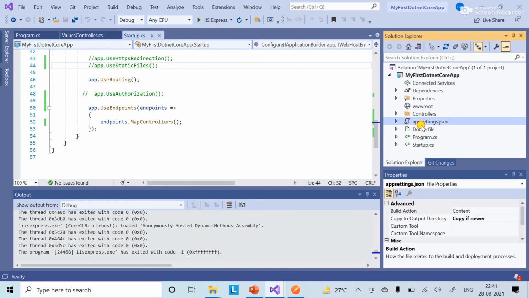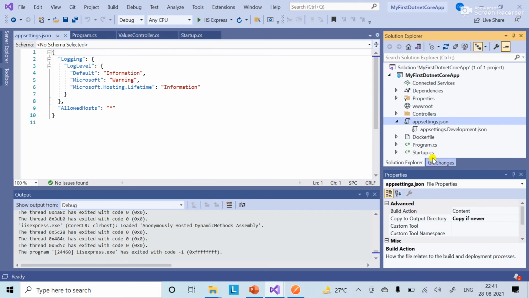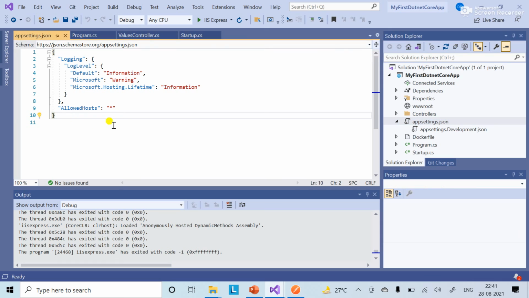Here the most important thing is the appsettings.json file. Like web.config, we don't have it here. Here we have appsettings.json, and this has the logging configuration. Logging is provided by .NET Core out of the box, so we don't have to do anything. We can extend logging as per our requirement, which we will see in a future video.